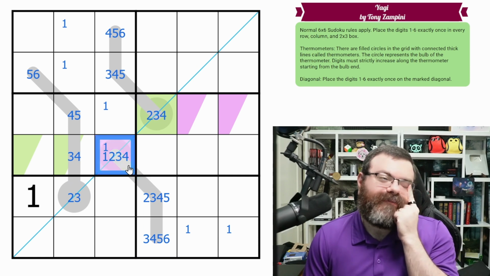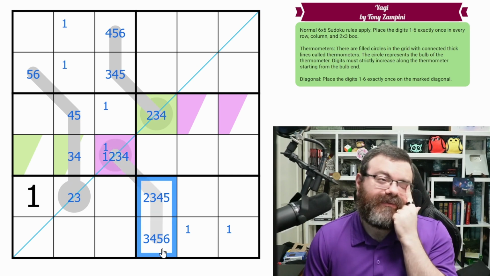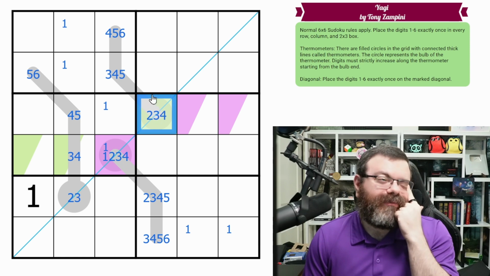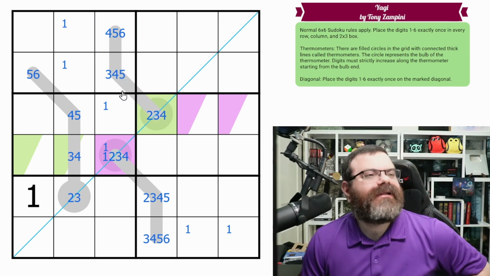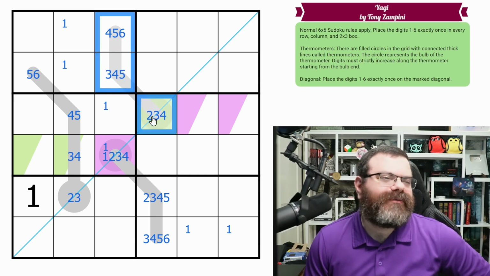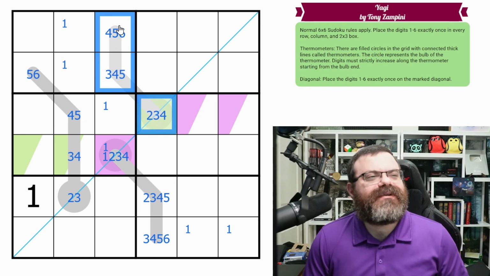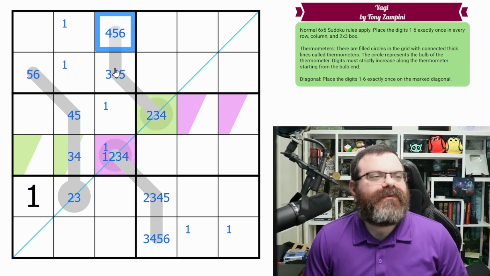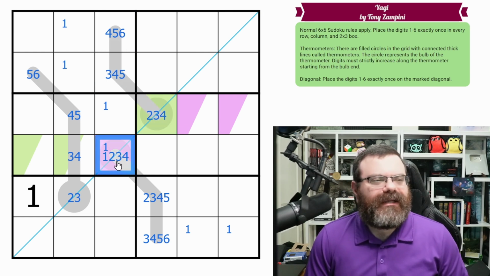Is there a problem with like 4, 5, 6 or something? Or 4, 5, 6? Or 4, 3, 2? It's interesting. If this was a 4, we go 4, 3, 2, and this cell here then couldn't be the 2, the 3, or the 4. So